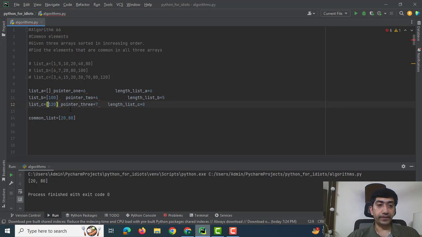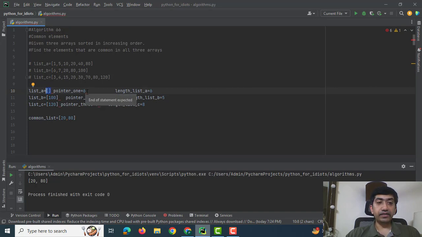Now take note here, list A has become blank. We can't find any more common elements of the 3 lists, and also it gives us a hint. When either of the pointers becomes equal to the length of the list, then we should break out of the while loop, which I would be utilizing in the code. Pointer 1 has now moved towards 6th index and the length of the list is also at 6. There is no value at 6th index, so this gives us an indication that we should stop and move toward the result.